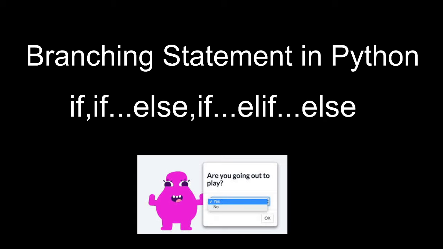Hello students, today we will see branching statements in Python. We have seen in the algorithm how we can use the test if statement. Each and every test if has two branches, two outputs, either yes or false. That is the Boolean output. So how can we use this test if in Python? Let's see this one.